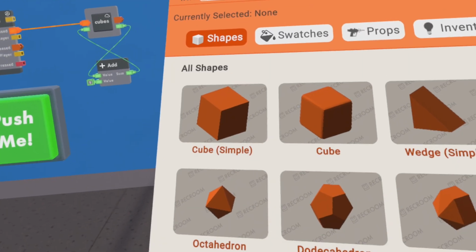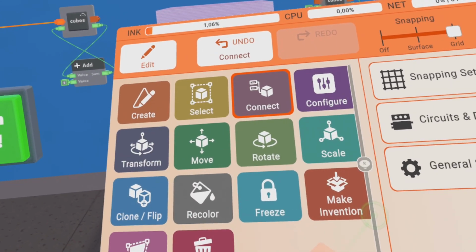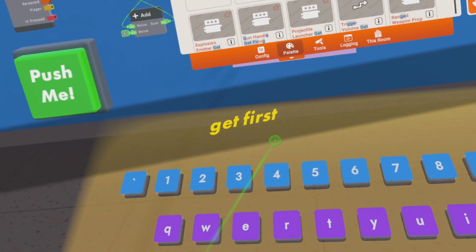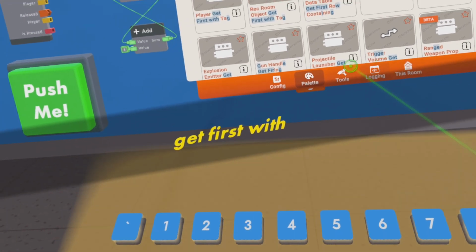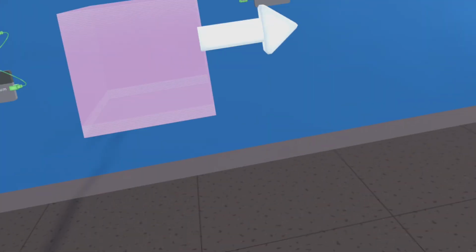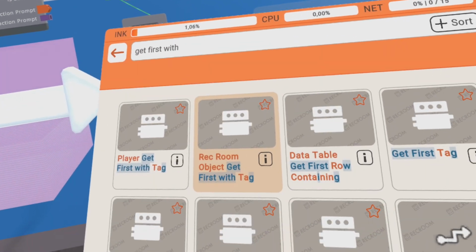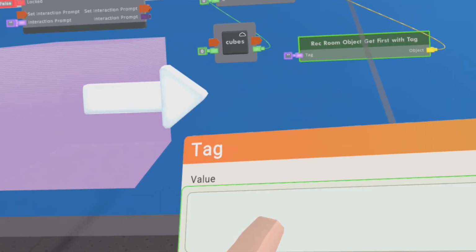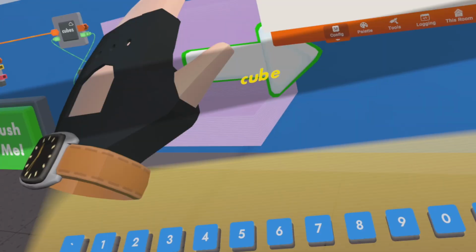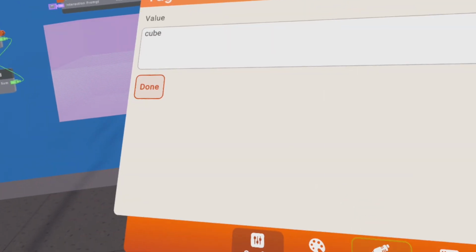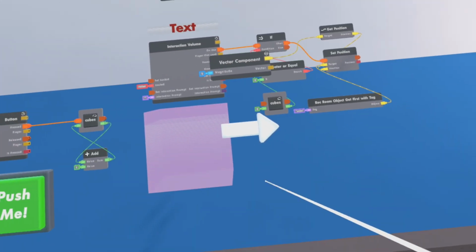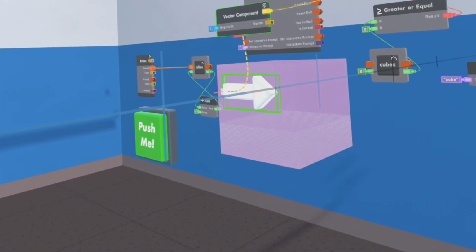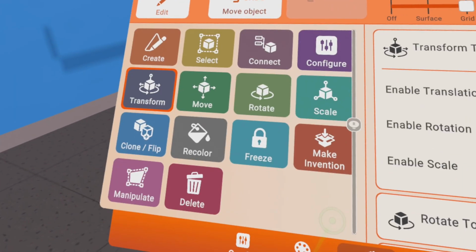And of course we need to set the object as well, which will be get first with Rec Room object, get first with tag. And the tag will be cube. Here we go. Basically this will spawn here. Bam. Okay, I lost my cube because